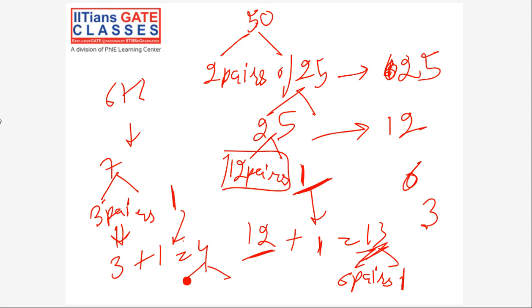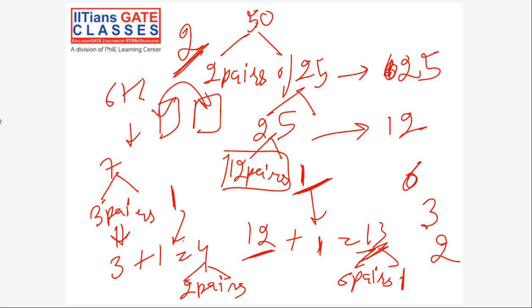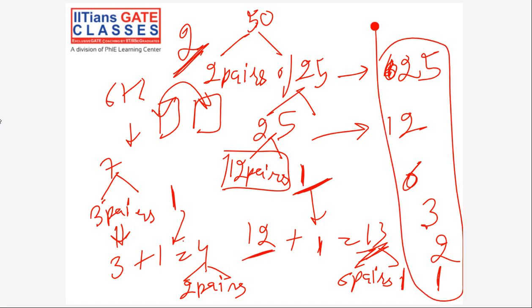For 4, I can make 2 pairs, and 2 comparisons. After 2 pairs, I'll only remain with 2 elements. For the last 2 elements, I'll need just one comparison to find which one is maximum. And the same story goes on for minimum as well.